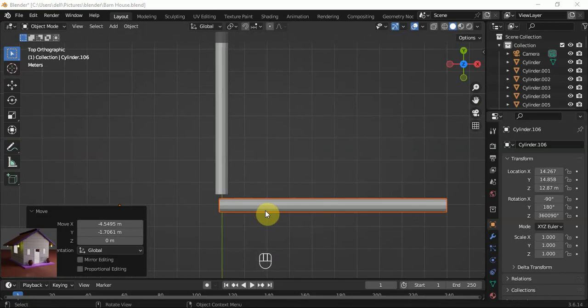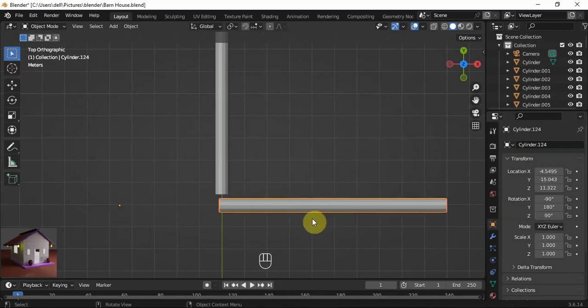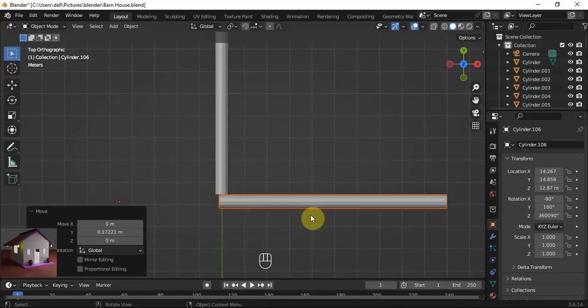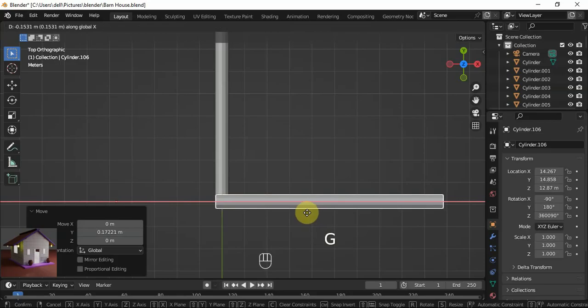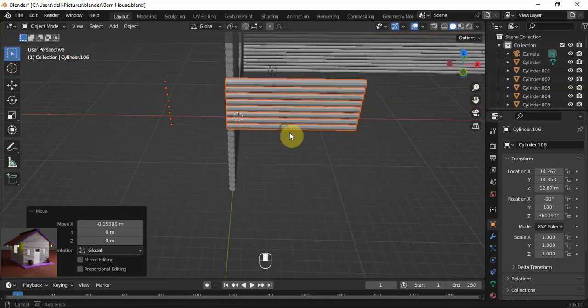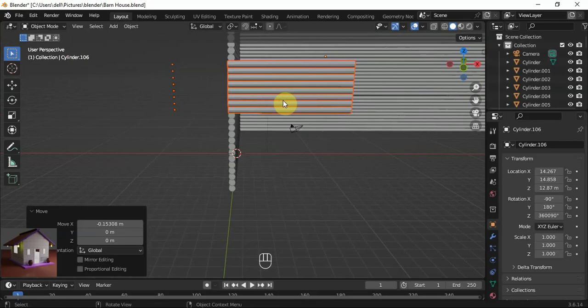Let me just make sure that it is placed correctly. GY, then GX. Okay, so now that it is placed correctly,